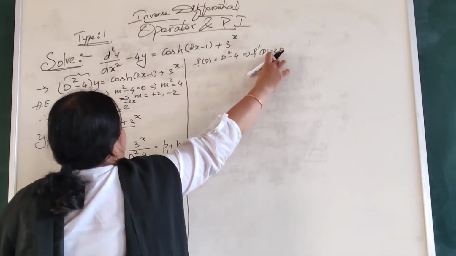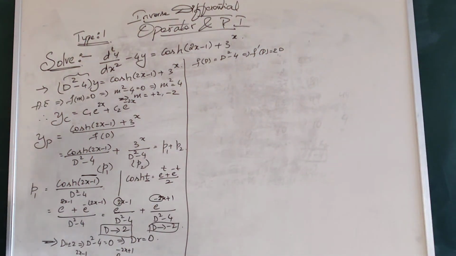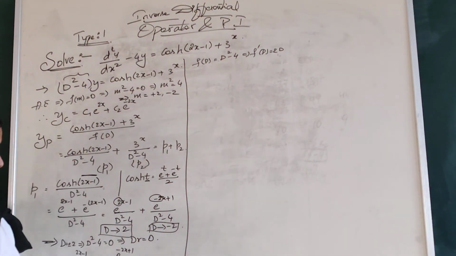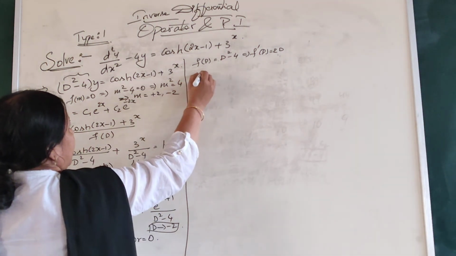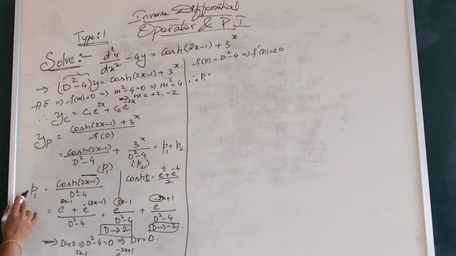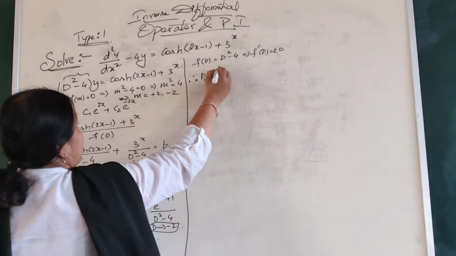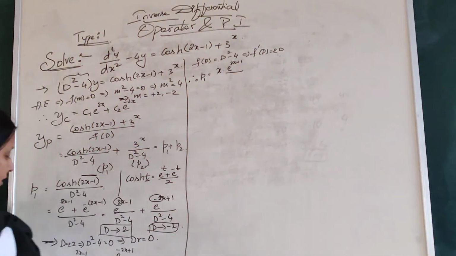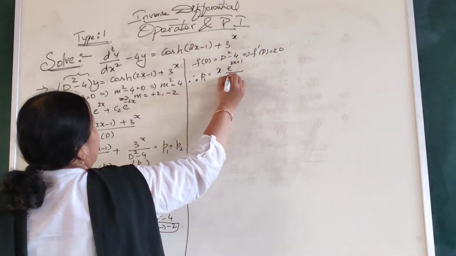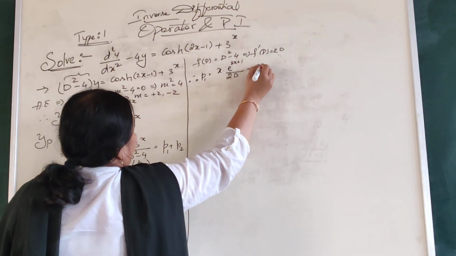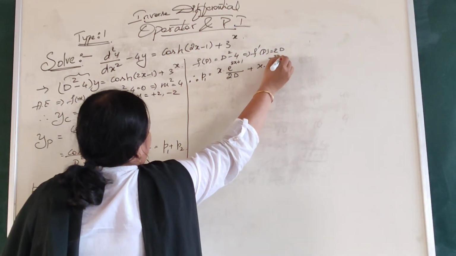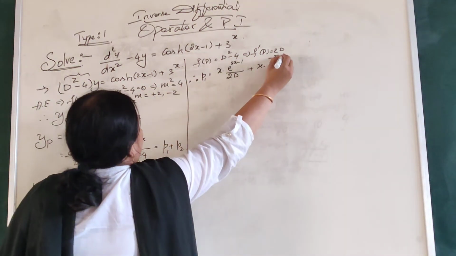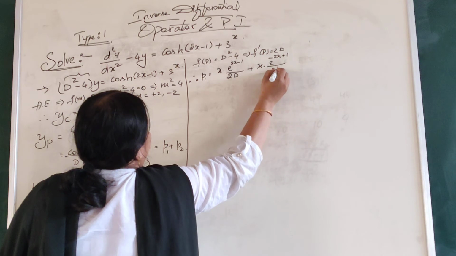Okay, differentiating d square minus 4, we get 2d minus 0, which is just 2d. Substituting that in, we get our P1, which we are writing, is equal to x into e power 2x plus 1 divided by, instead of f of d, I will write 2d, plus the second term x into e raised to minus 2x, this is minus 1 if I am not wrong, so minus 2x plus 1 whole divided by 2d.